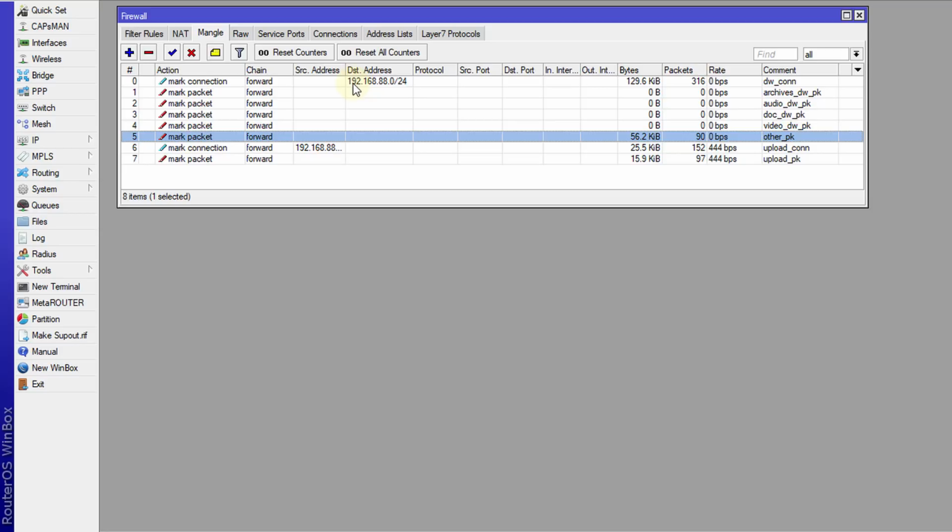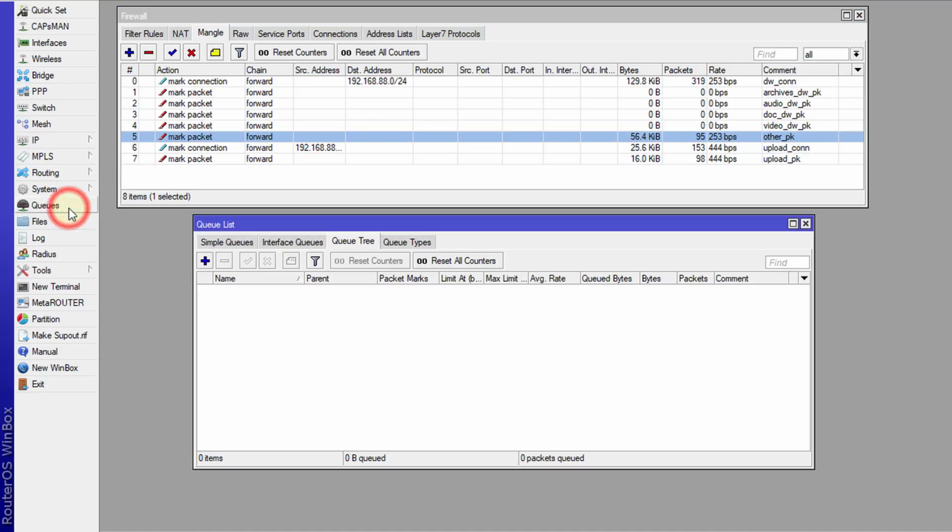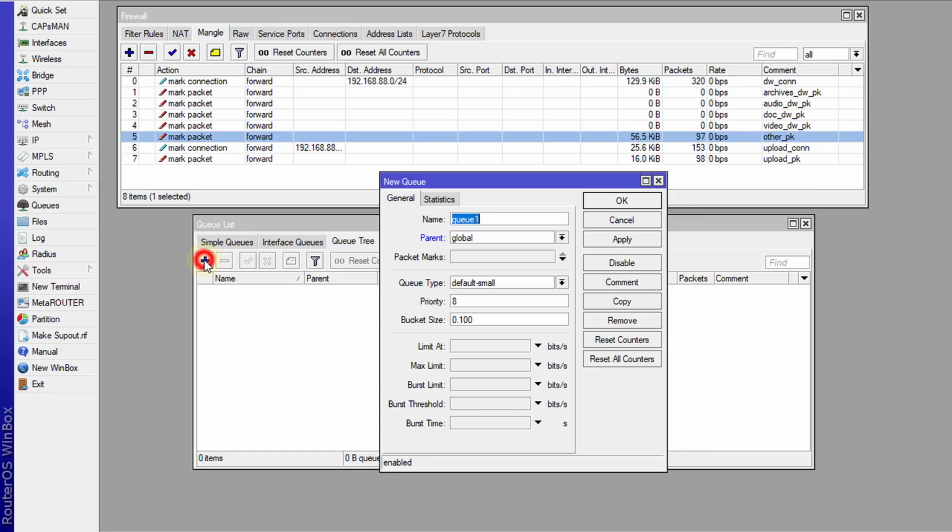The next step is we're going to create some queues, and I'm going to use queue trees. So click on queues and click on the queue tree tab, and I'm going to create some queues for this. The first queue that I'm going to create is the one that will manage the entire bandwidth. So I'm going to call this all bandwidth,